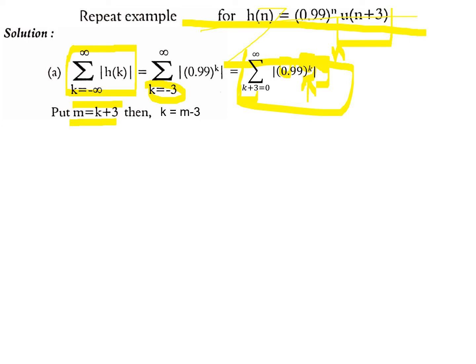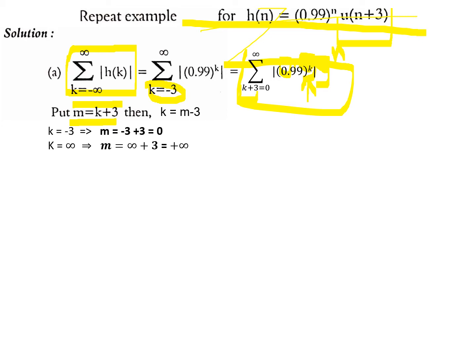Now, the limits also you can verify. See, because in the equation I replace k plus 3 by m, the limits also should be changed. Now when k is minus 3, what is m? I'll use this expression, m is equal to k plus 3. In this expression put k is equal to minus 3. So m is 0. So that is the lower limit.